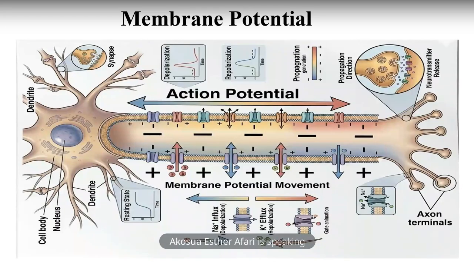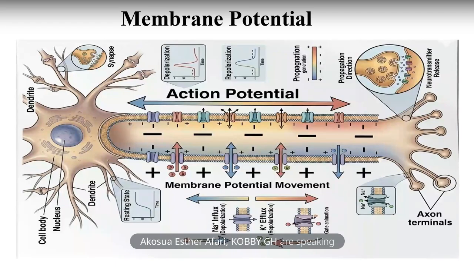So you said that for an impulse to move to another point on the neuron, the positive outside has to come inside. Good. And then the negative inside has to go outside. Excellent. And so then once